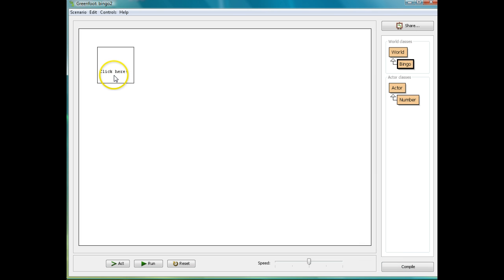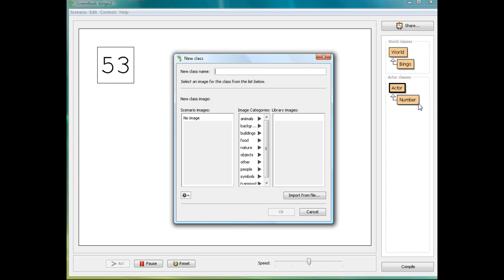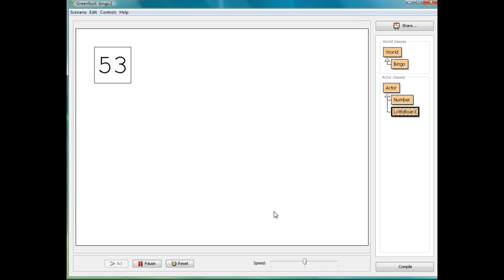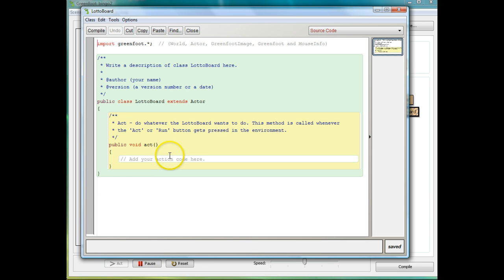So here we go. And so now we have to create a lottery board, and this is going to be a little bit more complicated. So what I'm going to do is make a new subclass called lotto board. Okay, so I'm going to open up the lotto board code window,